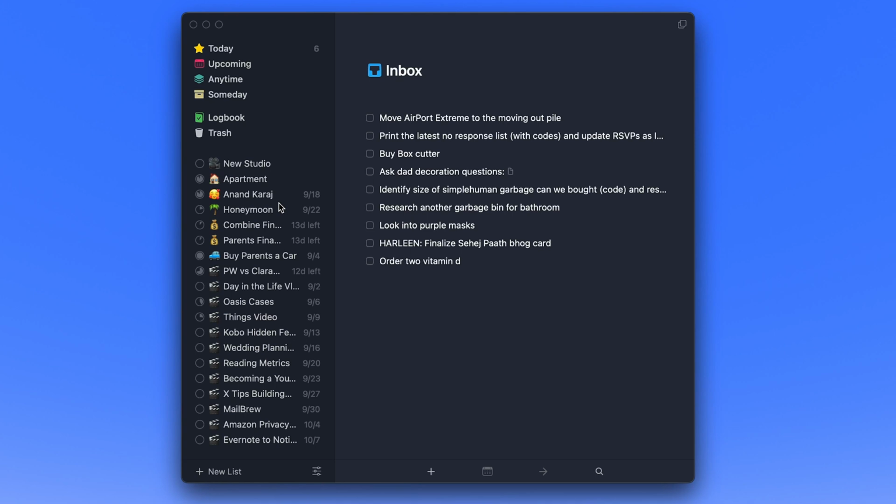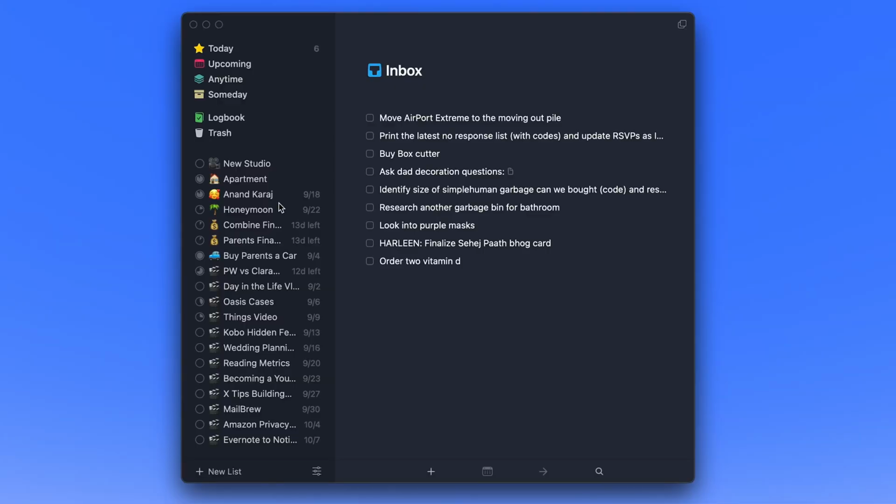These are things that actually finish at a certain point. And all my projects over here, with the exception of a couple at the top, which I'll talk about, all have end dates. And that is really important because if your project does not have an end date, it should be defined as an area. Areas are basically like the categories of your life that are ongoing.